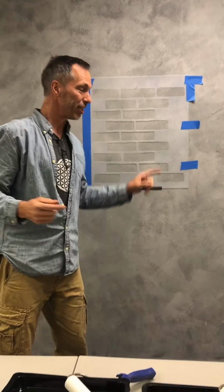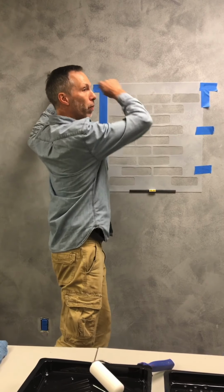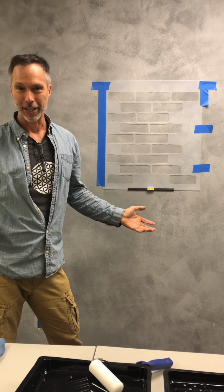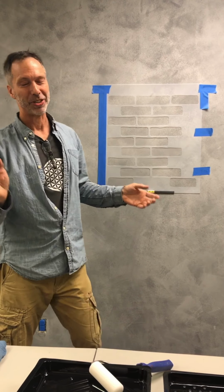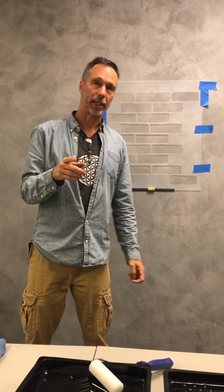Can you imagine if each time I had to do a stencil, I had to pull out a level, I had to put it on the wall, I have to put a pencil mark, I have to erase that later, all of that. It's just crazy. So I'm going to show you how to lay this out, but first I'm going to tell you that you